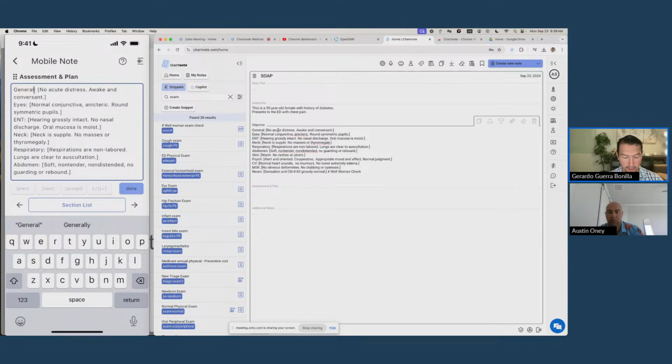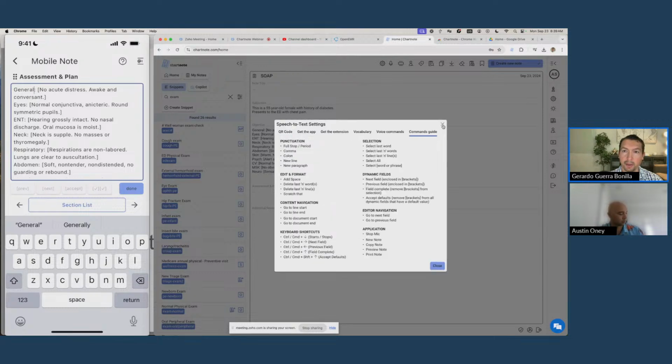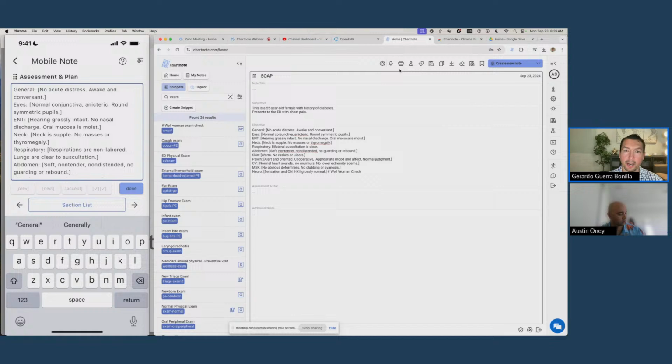Now, if you have these brackets, you can navigate using control right arrow, and then you can start dictation with the control down arrow. "Bilateral auscultation is clear, period." Anyway, there are some voice commands, and you can explore that more if you go to the commands guide in the microphone settings. But let's move on to